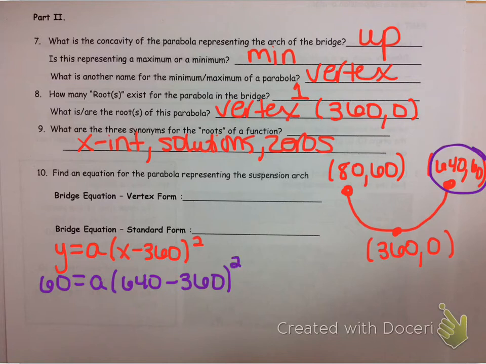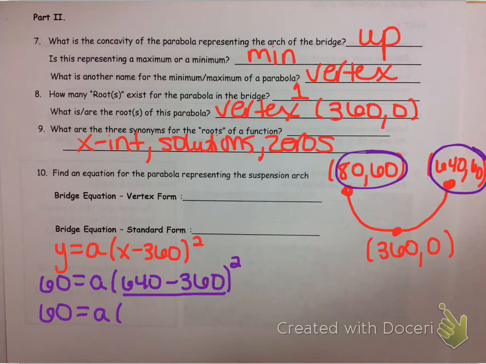Okay, so here's the reason that it's less accident prone. When you do this subtraction step right here, you're not going to get a negative number. And that way when you square it, you won't have to worry about a sign change. It sounds pretty easy, but if people plug this point in and then subtract, they're going to get a negative. And then if they're relying on their calculator to do the squaring, sometimes they don't catch that it's not supposed to be negative anymore. Okay, so what we have is 60 is equal to a times